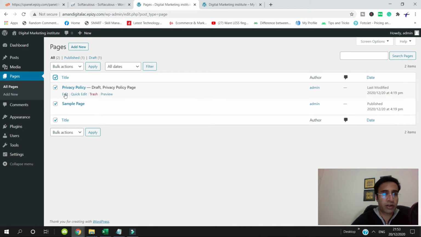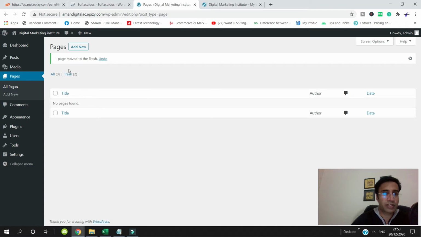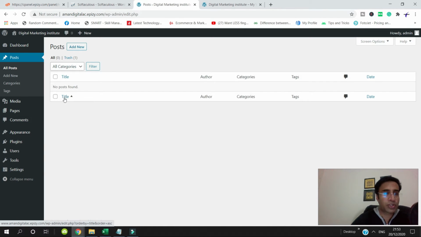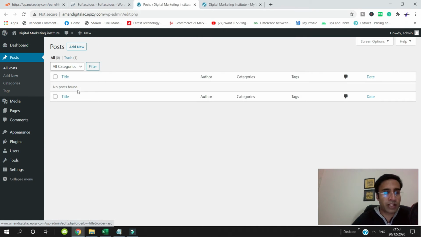We have to delete all the pages and all the posts. I'll delete all the pages as well. I don't want anything. You don't have to continue with any pages or posts which are already pre-installed by WordPress. First you have to delete them, so that the memory space inside the website will be 0.